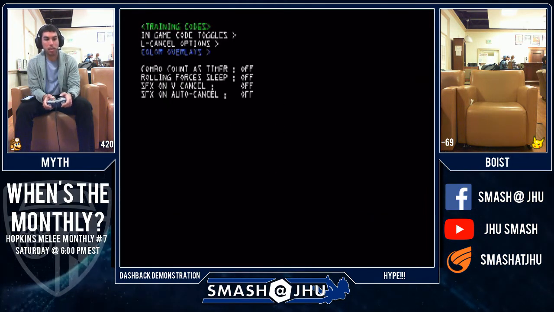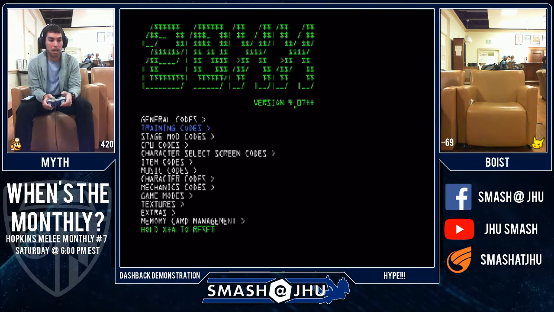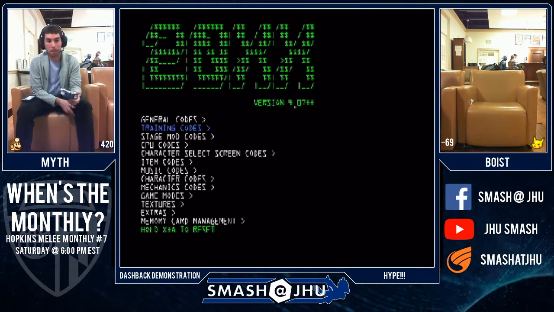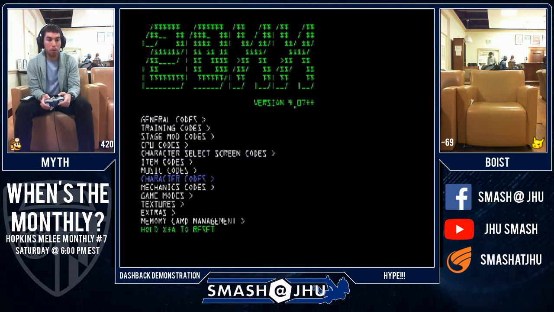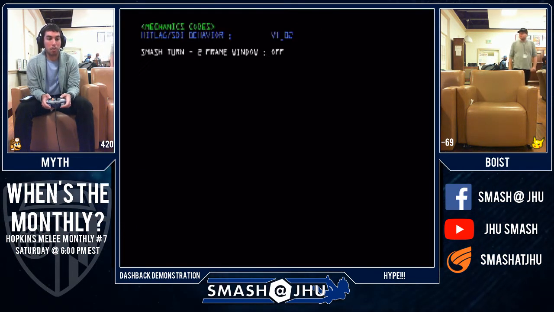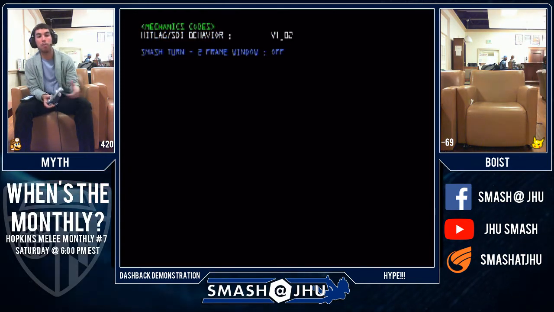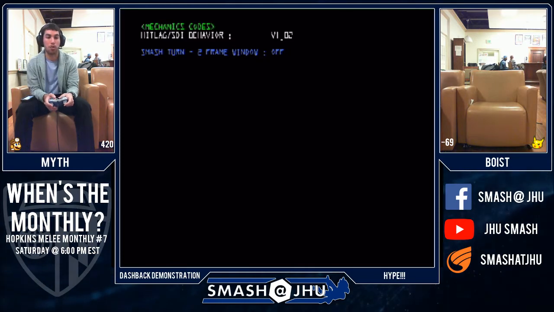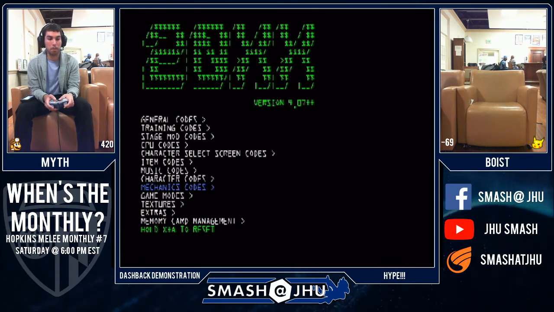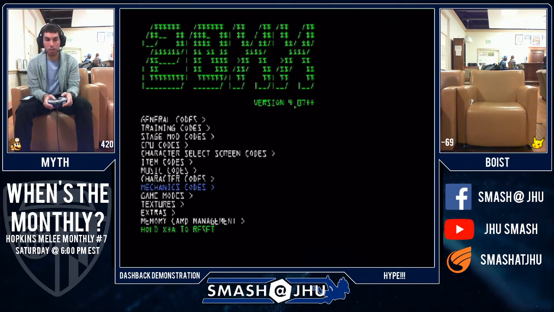Okay, and then the last thing to remember, when we're testing Dashback, we are trying to test Dashback for vanilla melee. So we're not using a UCF setup. 4.07++ doesn't automatically have UCF in it. But on the mechanics code for the 2-frame window, we want to make sure that's off because we're trying to test Dashback in the normal 1-frame window. All right, so after we do those settings,